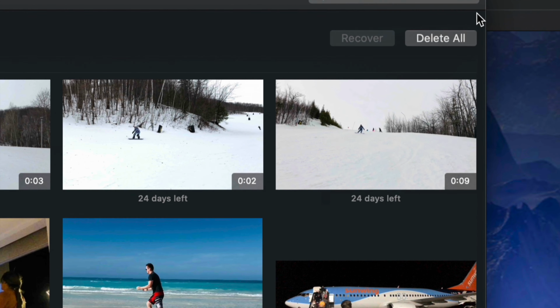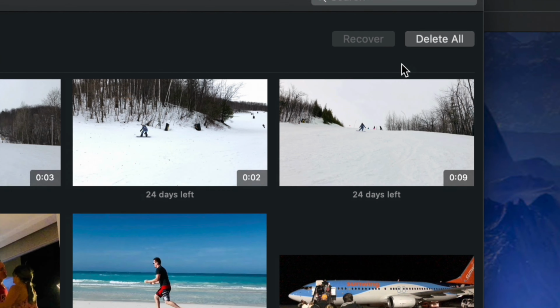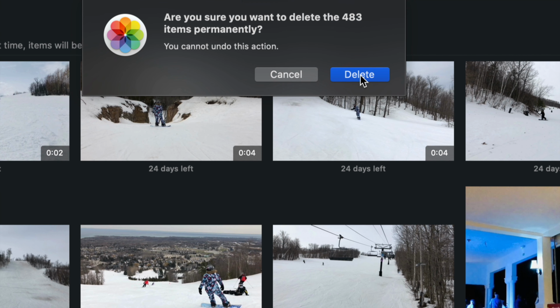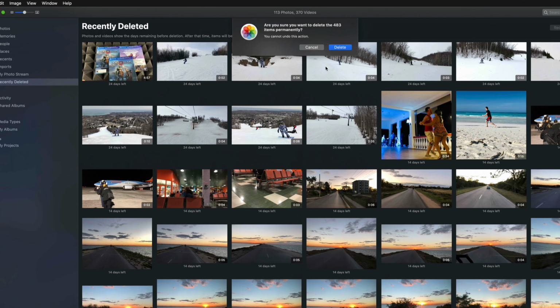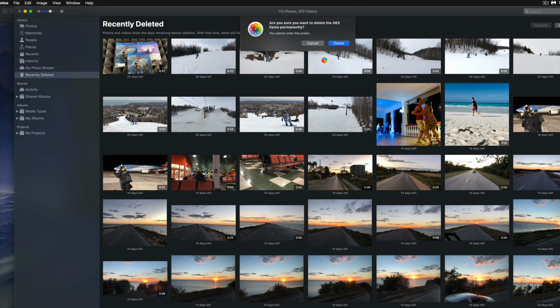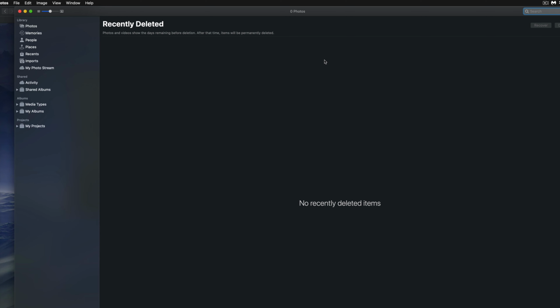So what I need to do is just select delete all. I'm going to get this message and I'm going to delete them. Obviously, this will definitely delete those photos that I deleted before, 100% off my Mac. That way they will not take up any more storage, which is very important. So that's a trick that a lot of you may not even have gone to,